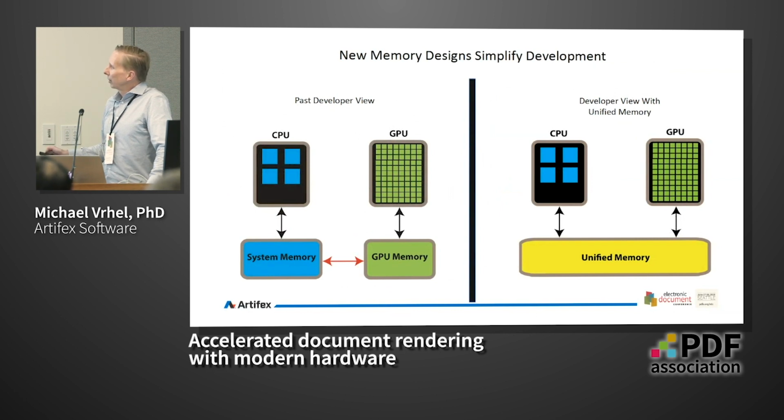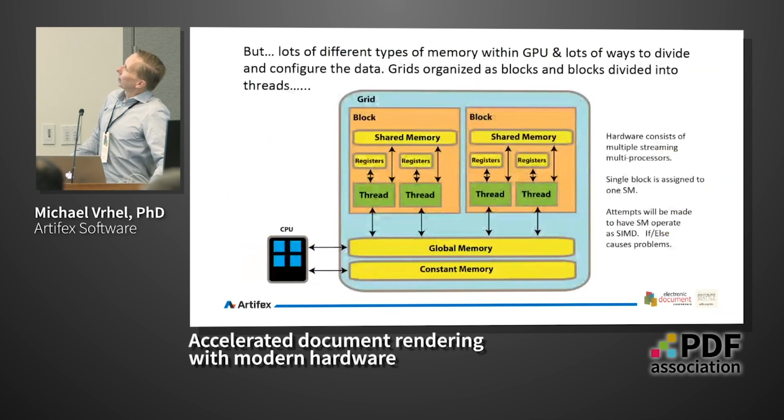There's a unified memory model now, where there's this kind of shared memory between the two. But it does get rather complicated, and I'm not going to go into this in any kind of detail because it just gets a little overwhelming. But the thing to note is that at the end of the day, the hardware on the GPU consists of these multiprocessors,